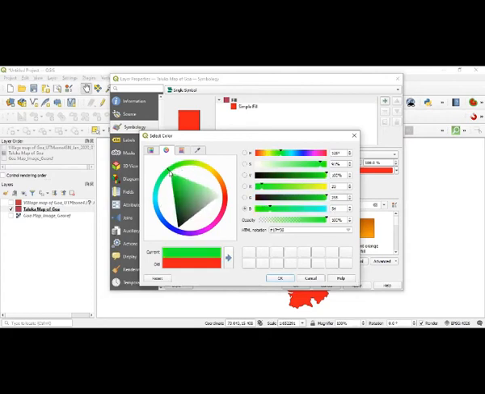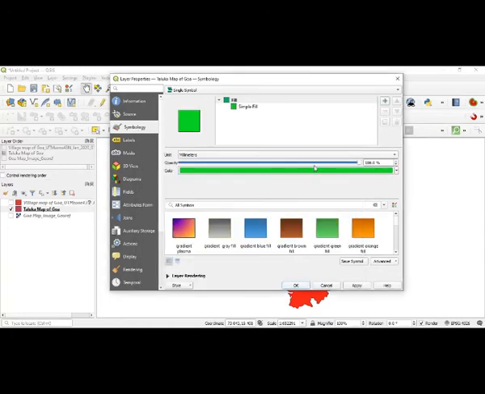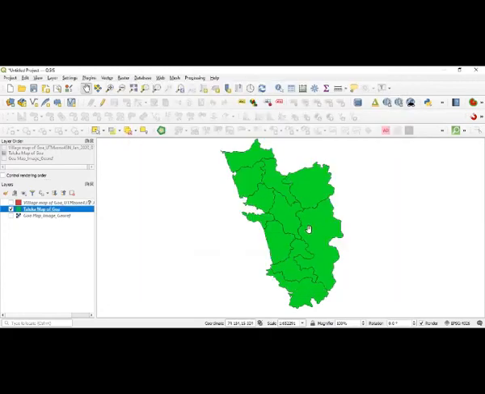I wanted to take it as a green. As you move this, the color changes just below it. Then you say okay, and it will change here, and if you say apply, it will get applied. You can change the single color of the map.